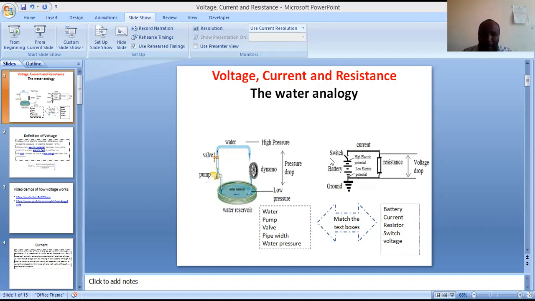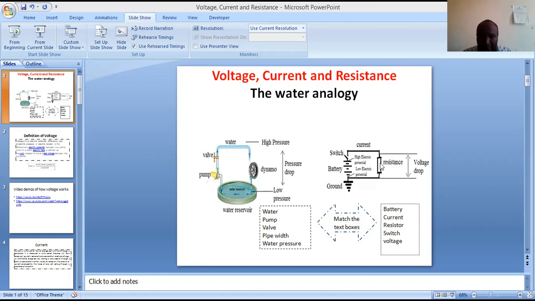Now, when they pass through a resistor, the electrons will lose some energy that they were flowing with. And so the resistor causes the voltage